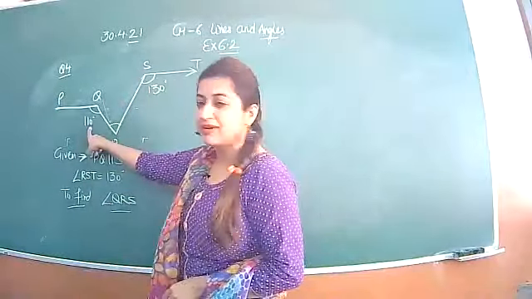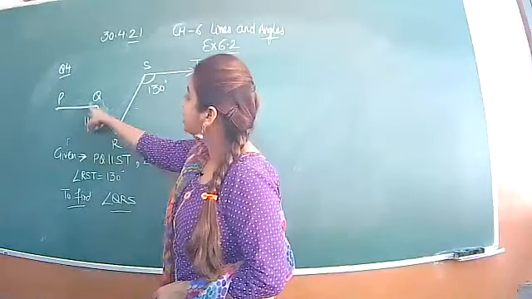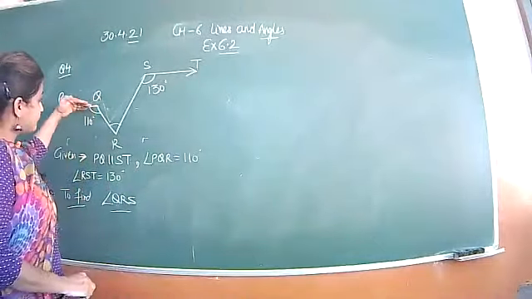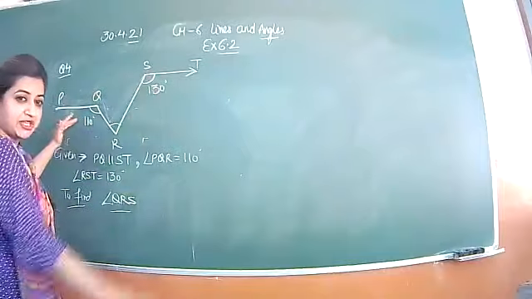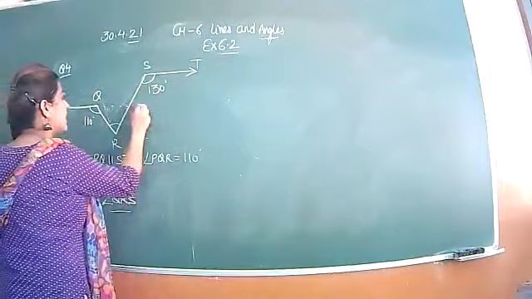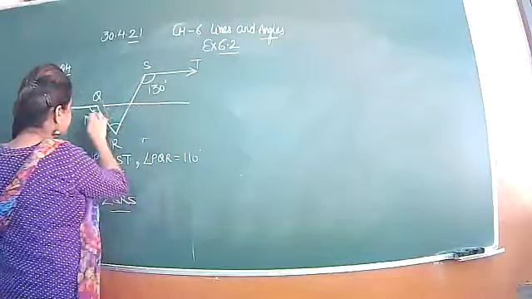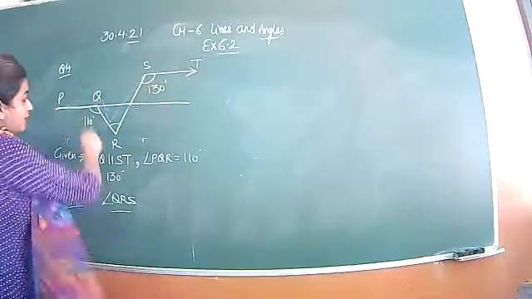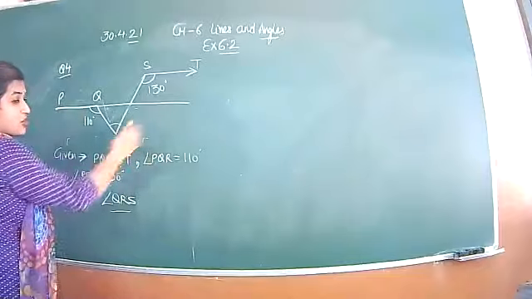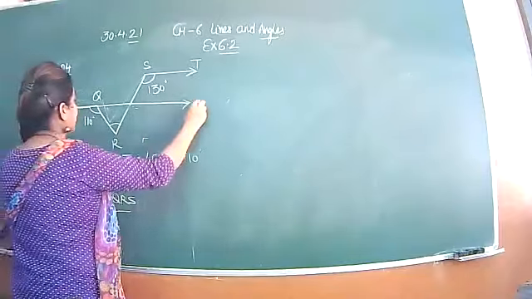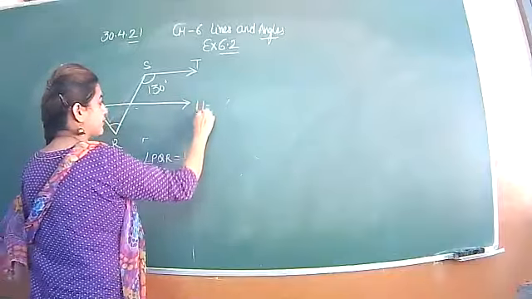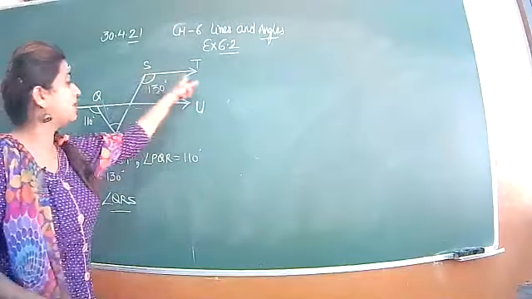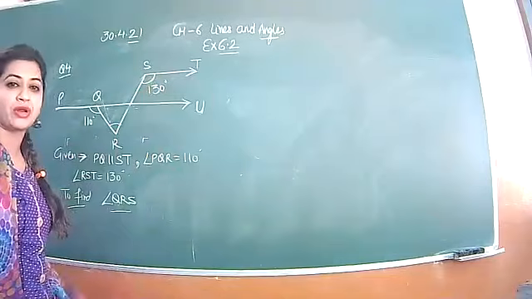RST, this angle 130 and this is 110, that is good. And the line PQ is parallel to ST, that is good. What you will do here, beta, actually these parallel lines are in different directions, so you will produce this line so that you get a complete line that is parallel to ST. We have produced this line in the direction of ST. We have produced PQ to U such that PU is parallel to ST. So these two lines are parallel to one another.